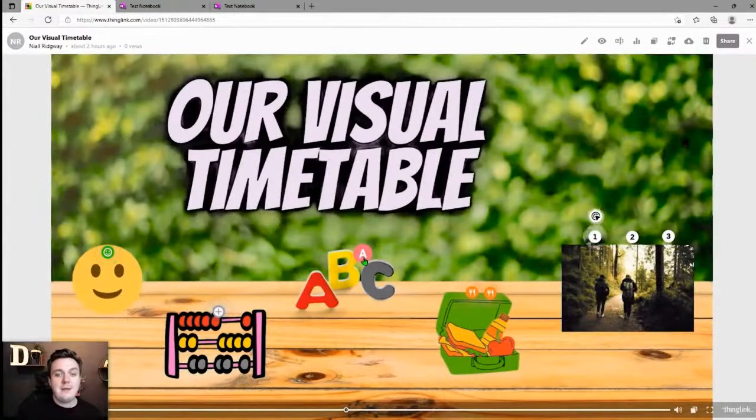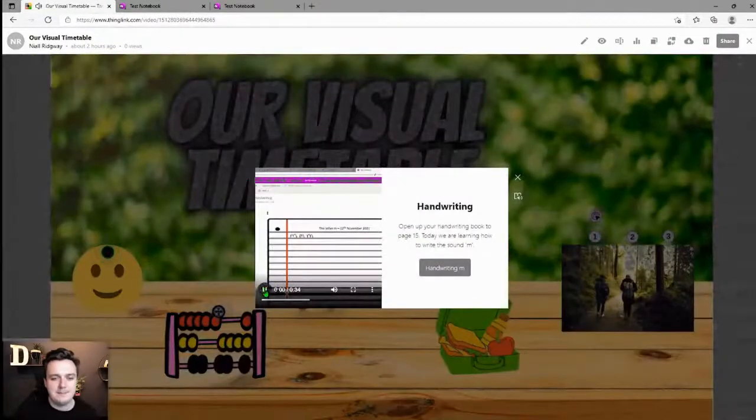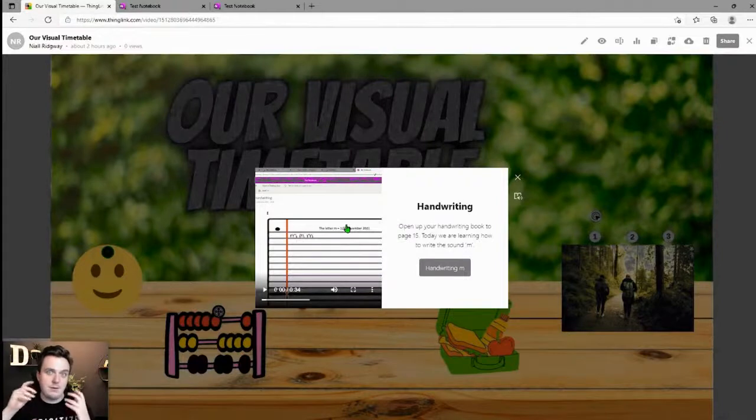We've also got, for spelling here, the A tag, so I'm just going to click on the A. Now you'll notice that a video has appeared, so you can actually use video recording software. What I've done there is I've used Screencastify to record my screen whilst I'm giving the instructions. I've then popped the link from the Screencastify video into my tag on Thinglink, and now my learners